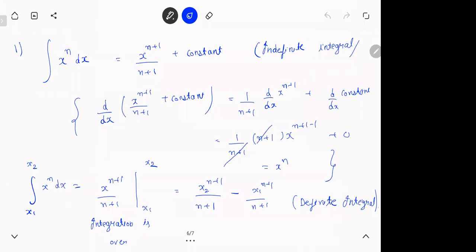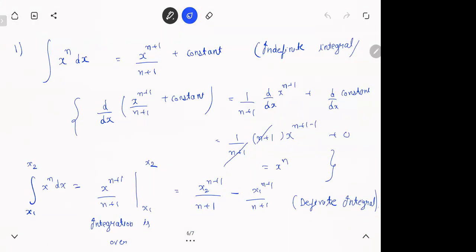Because see, if you're saying I want area from, think this thing. When you differentiate it, the differential of a constant is what? 0, right? So by adding a constant, it's like this thing, see. x square plus 3, x square plus 4, x square plus 5 all have the same differential, right? So that means by adding a number, you're not changing anything. That means there are infinite answers, right? So that's why we add that constant. That's why we call it indefinite because we're not sure what it is.